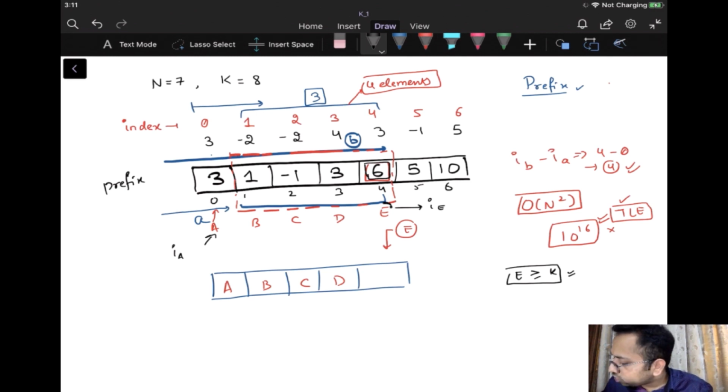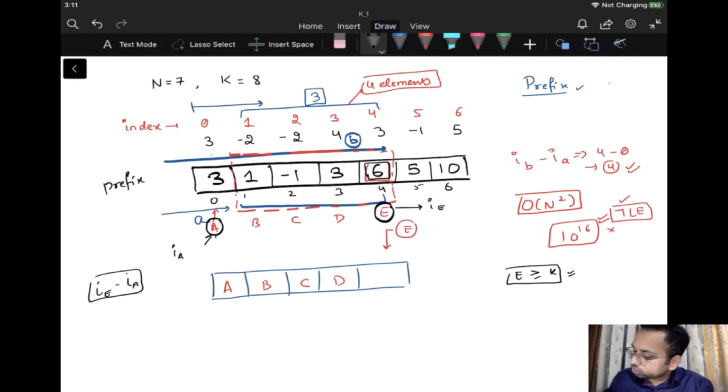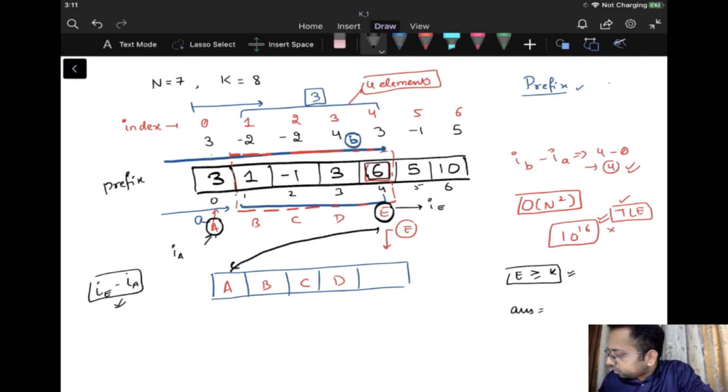So what will be the range of this particular subarray sum? The range of this particular subarray sum is going to be index of E minus index of A. So it's possible now that this has exceeded the sum which is equal to k, and the length of this particular subarray is IE minus IA. So I have figured out one solution that has the sum which is greater than k. So it's possible that the answer could be IE minus IA. I'm talking in generic terms right now. Yeah, so it's possible. Now what should I do?